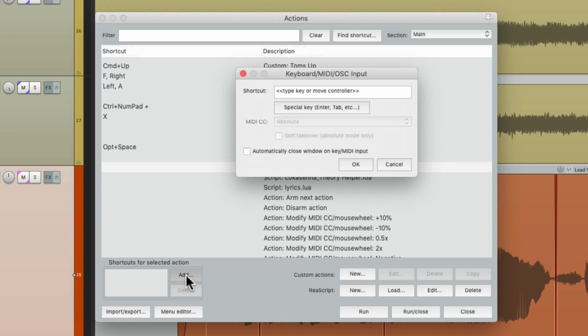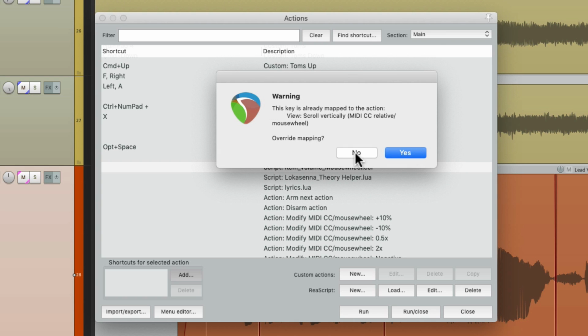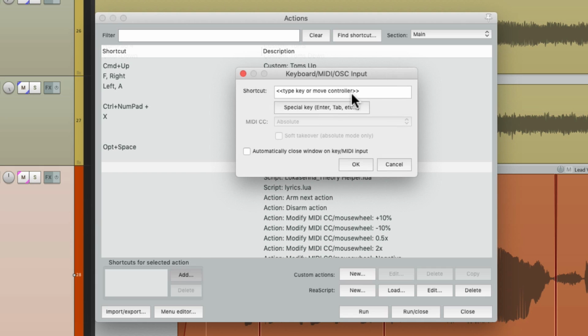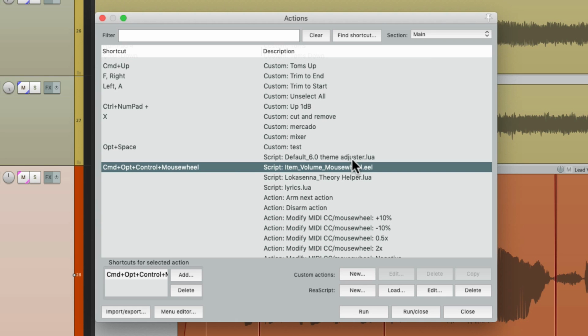Hit Add. Now, if we just use the mouse wheel, it's going to overwrite what you're already using the mouse wheel for. So we don't want to do that. So what I recommend doing is adding a modifier to it, anything you're not using. I'm going to choose a whole bunch of modifiers and move the mouse wheel. Hit OK. So we could use that to control the volume of our